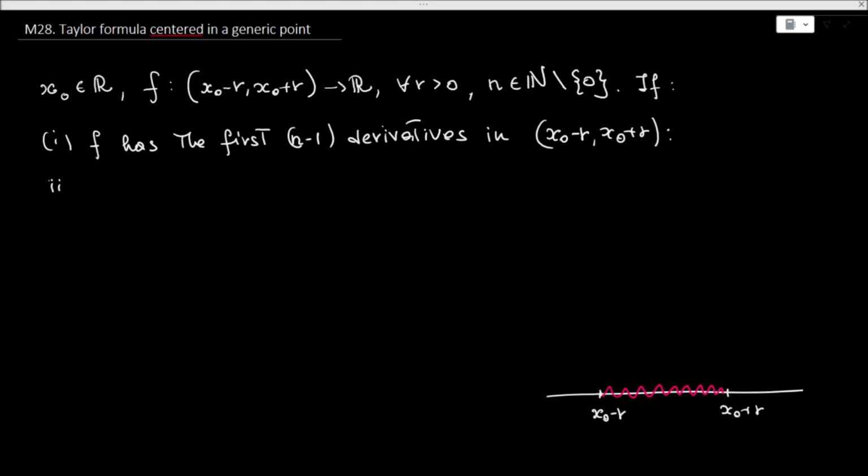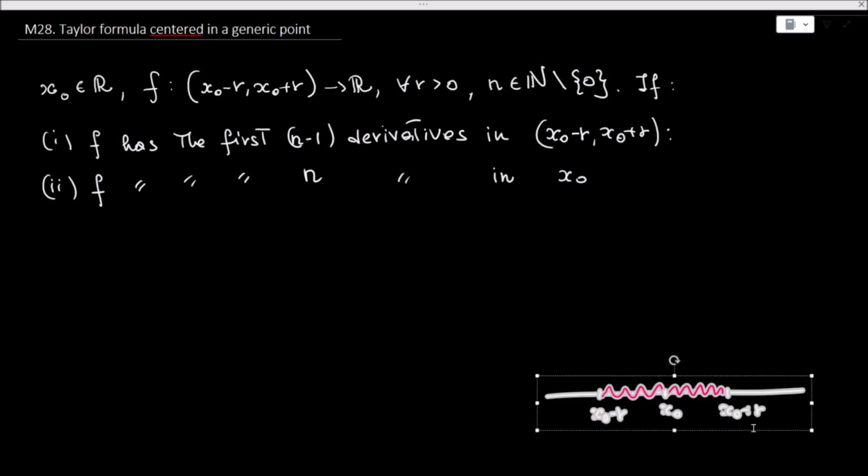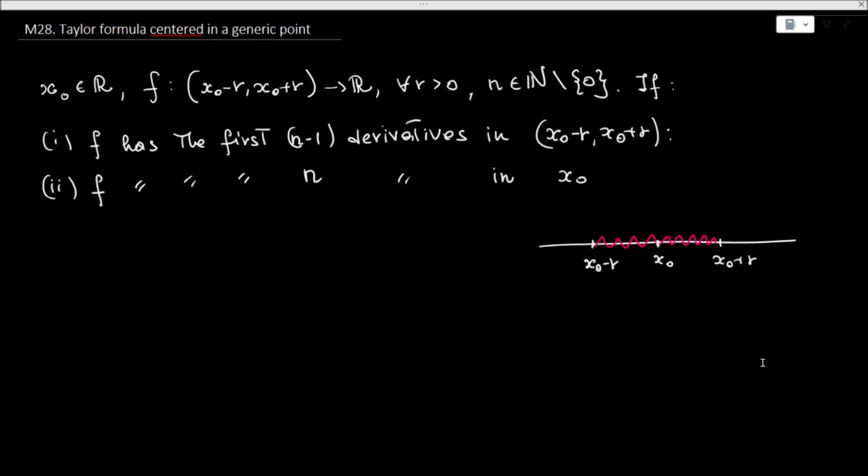The second condition is that f has the first n derivatives only in x0. So the second condition is asking something different: that the first n derivatives are defined exactly at the point x0 that will be somewhere here. Now if these two conditions are verified, then